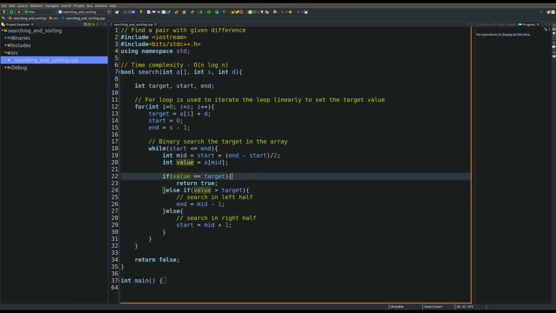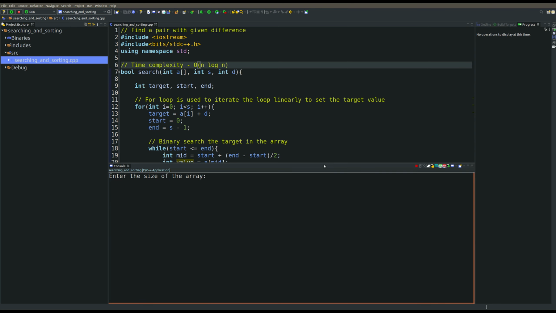Then we check if value is equal to target to return true, else if the value is greater than the target we search the left half of the search space by replacing the value of end with mid minus 1, and we look for the right half by assigning mid plus 1 to the value of start in case the value is less than the target.